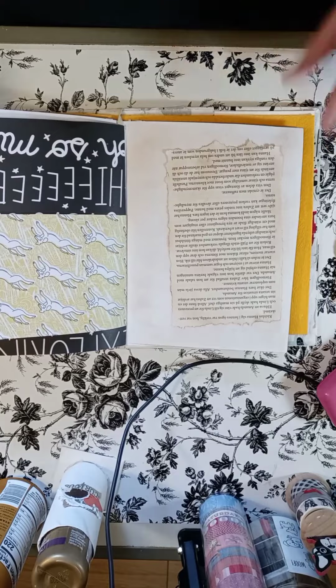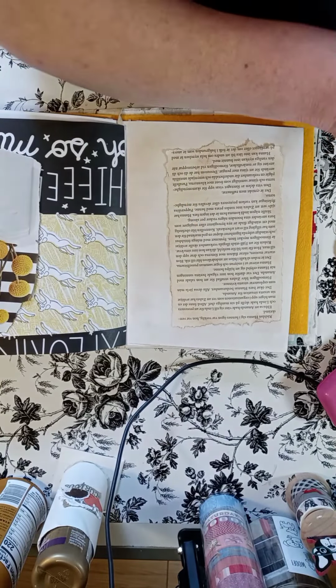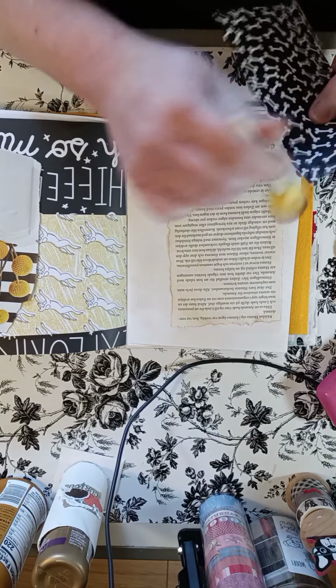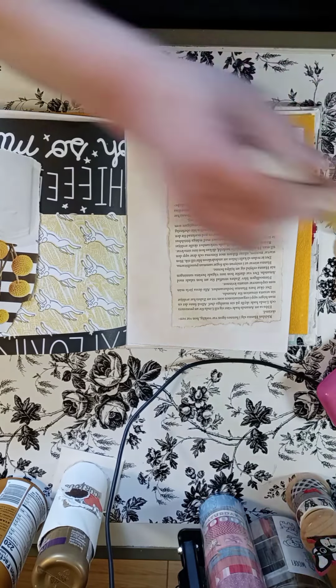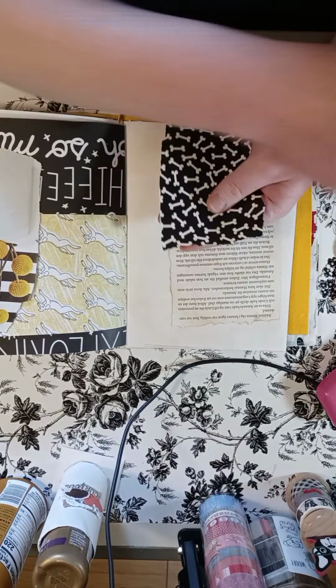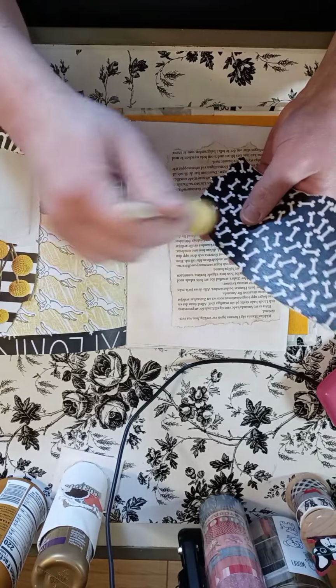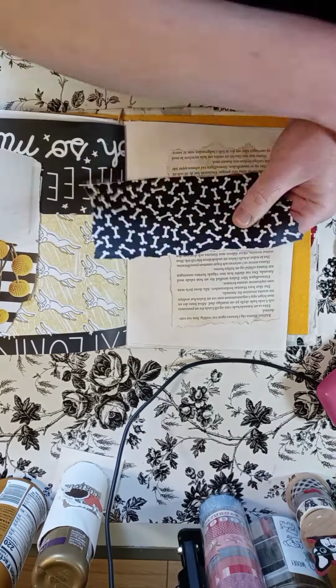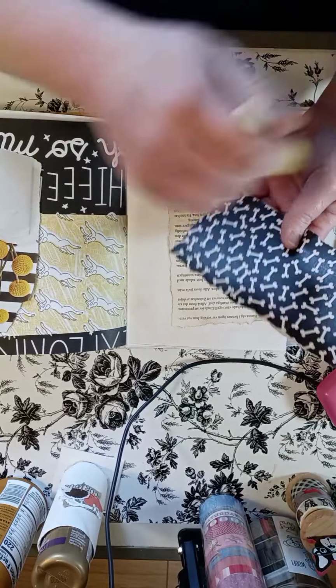Thank you again, Mrs. Gigi, for the sweet happy mail you sent me a while back. I have an envelope that I started for you somewhere here that I'm going to have to get together. And I actually need to make some ATCs for a swap that I'm in. But everything kind of went crazy after I went and visited family and then came back and started feeling